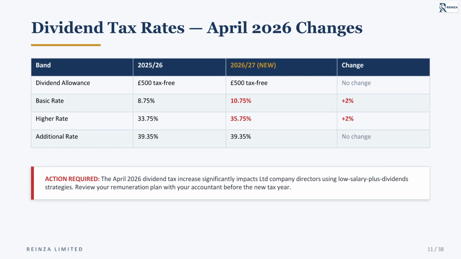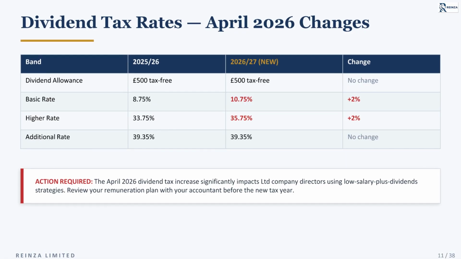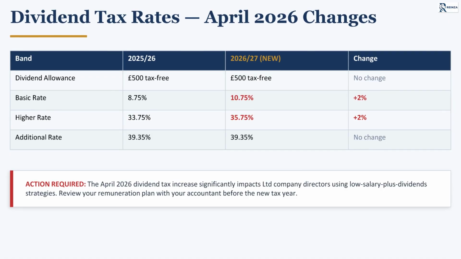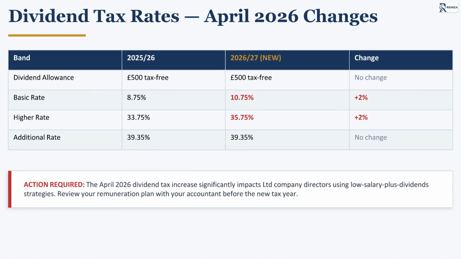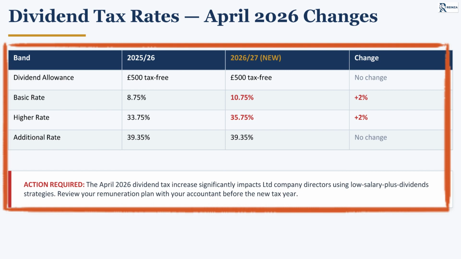Dividends have their own separate tax rates, and there are important changes coming in April 2026. Currently, in 2025 to 2026, the dividend allowance is £500 tax-free. The basic rate on dividends is 8.75%. The higher rate is 33.75%. And the additional rate is